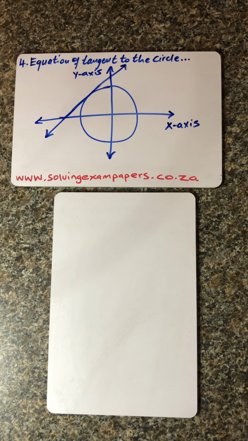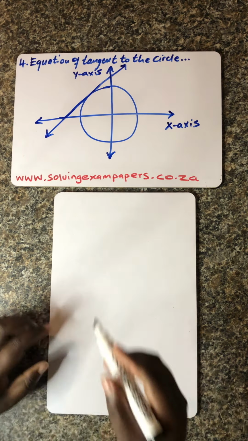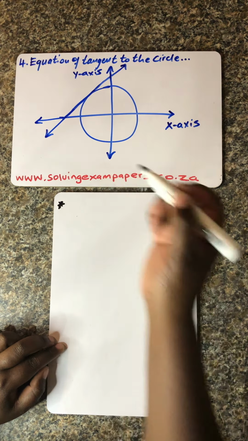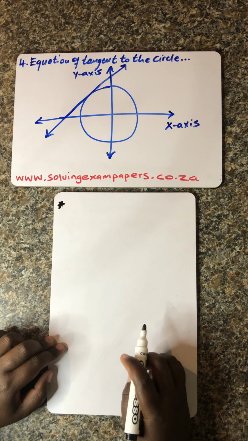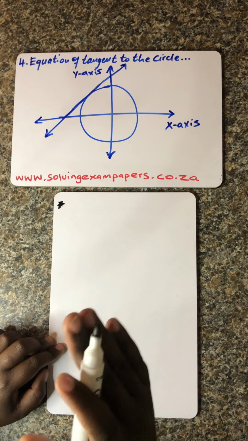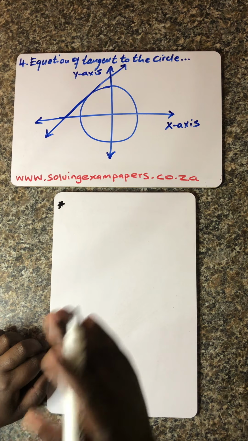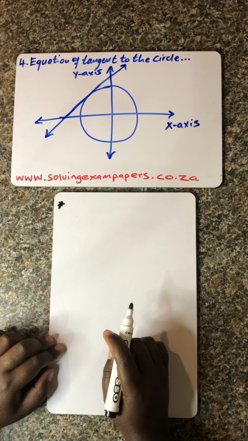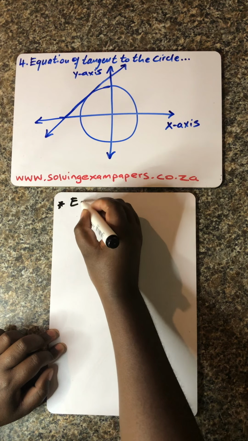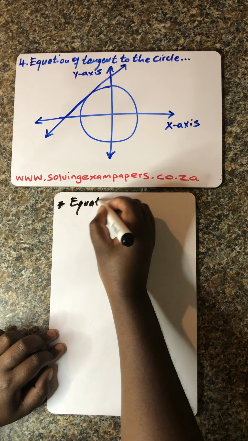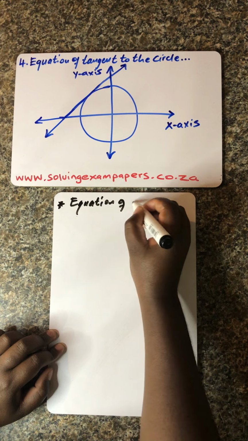Okay, so guys, without any waste of time, in this lesson, I'm mostly interested in speaking about two things. The first thing that I want to talk about, ladies and gentlemen, just write it down so that it forms part of your notes. I want to emphasize the equation of the tangent to the circle. This is the first thing that I need you to fully understand. Equation of